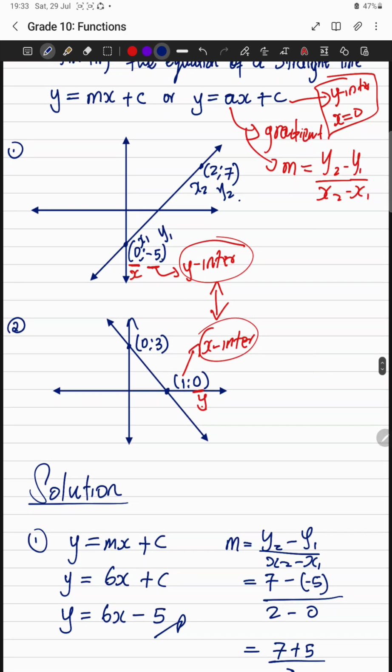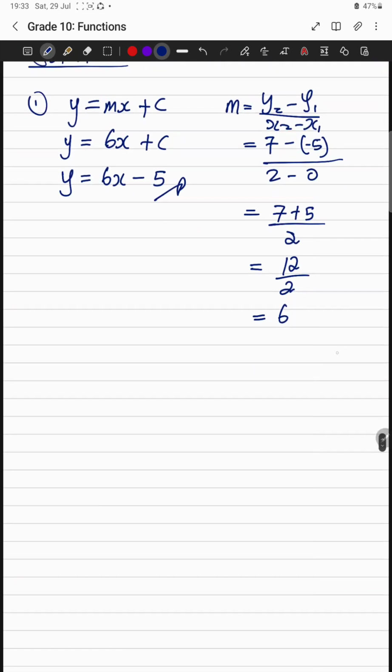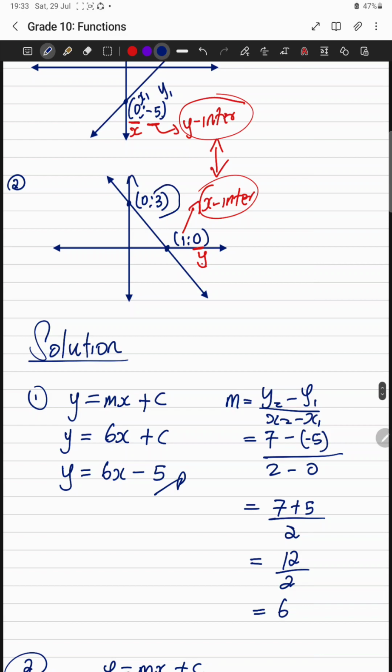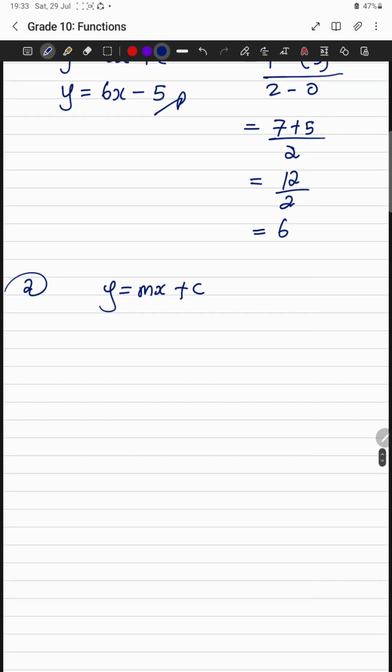So in the second one, it's the same, because this point over here is the y-intercept. Therefore the y-intercept, x is 0. That y-intercept is c. So that means in the second graph, y is equal to mx plus c. We set our y-intercept, which is the value of c. So in this graph, in the place of c, we're just going to say +3. Simple as that. And then now our duty is to find the value of m, so we can just use